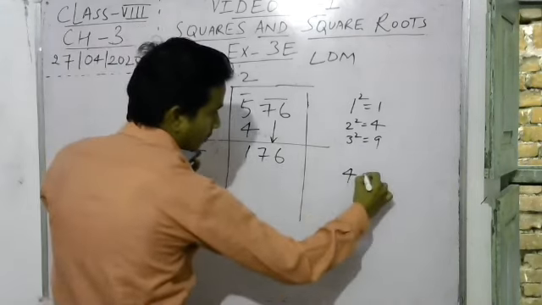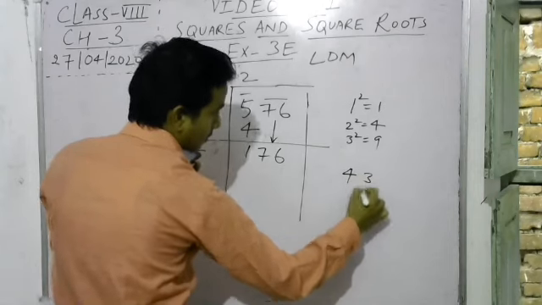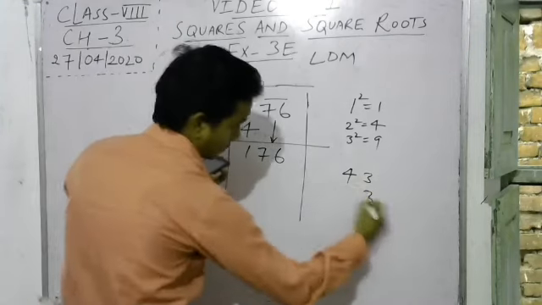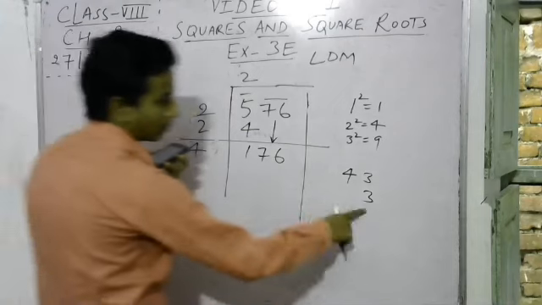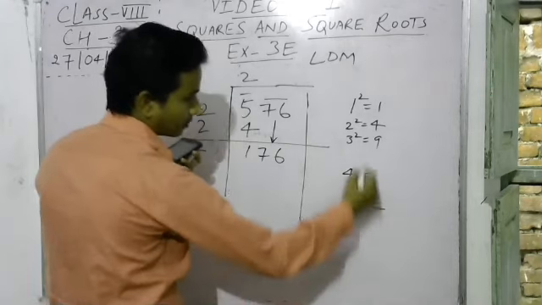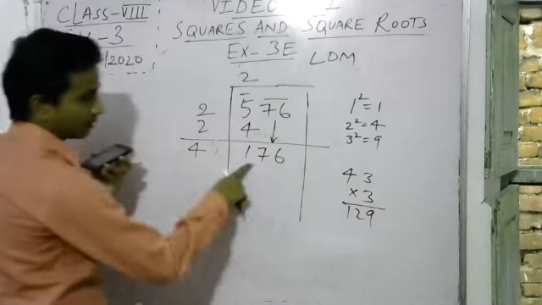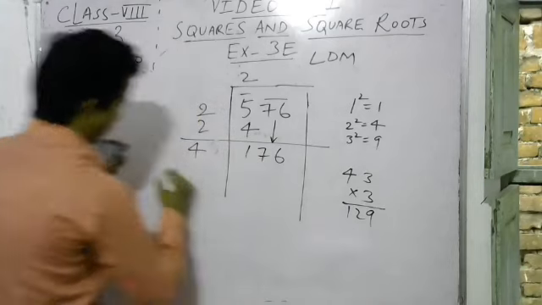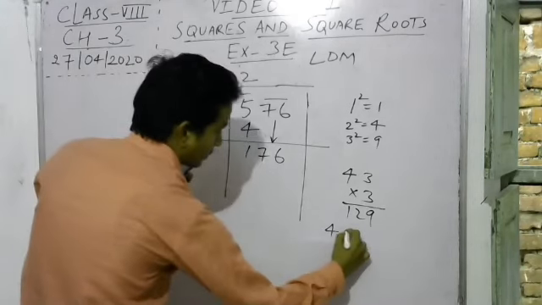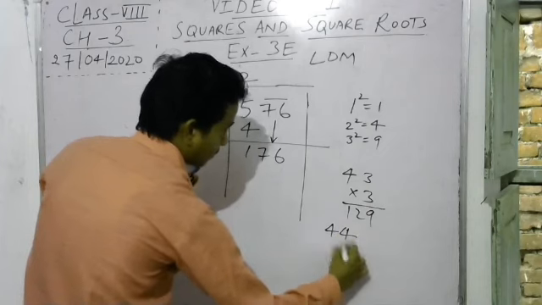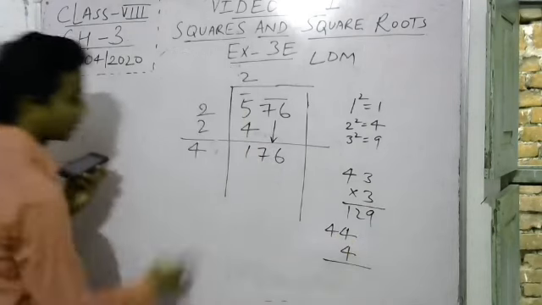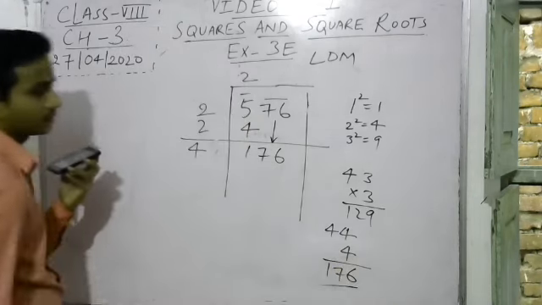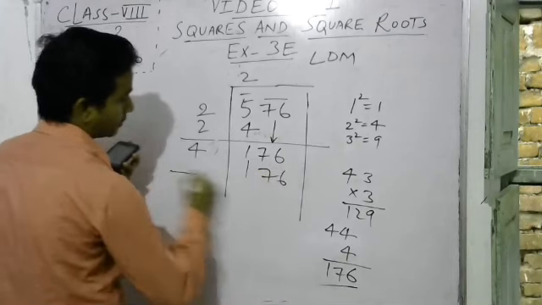You can try, say, 43, multiplied by 3. If you are putting 3 here, you have to multiply this by 3. So 3 threes are 9, 3 fours are 12. So this is very much less than 176. Now let's try another number. You can try 4. Let's say 4 into 4. If you apply 4 into 4, 4 fours are 16, 4 fours are 16, plus 1 is 17. So we get 176. So now here you can write 176.